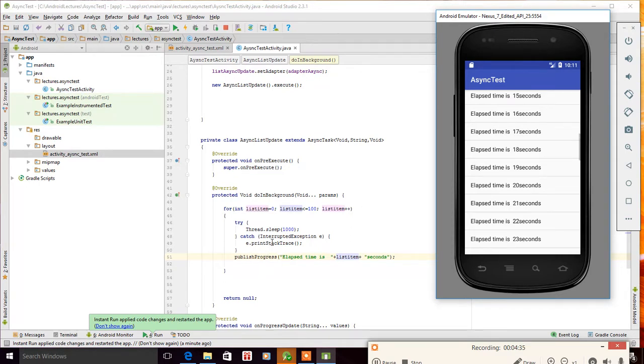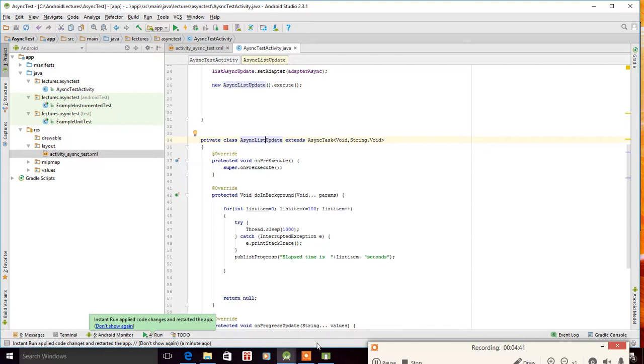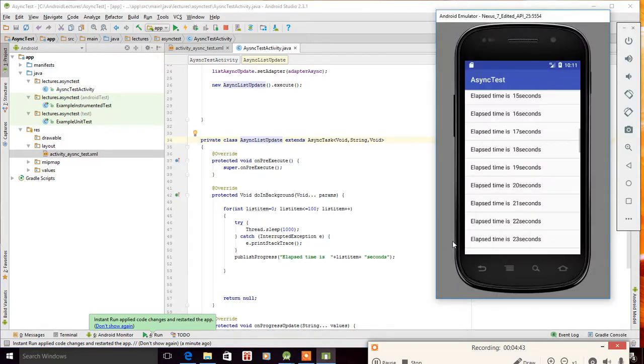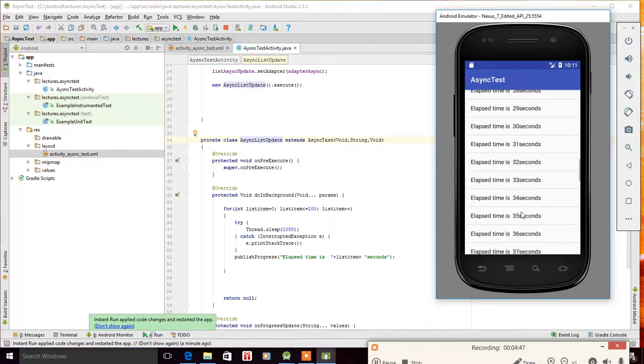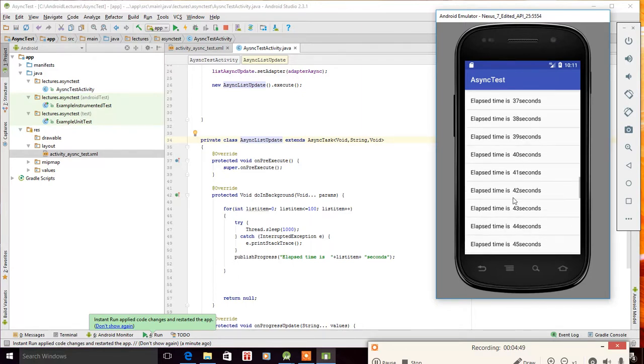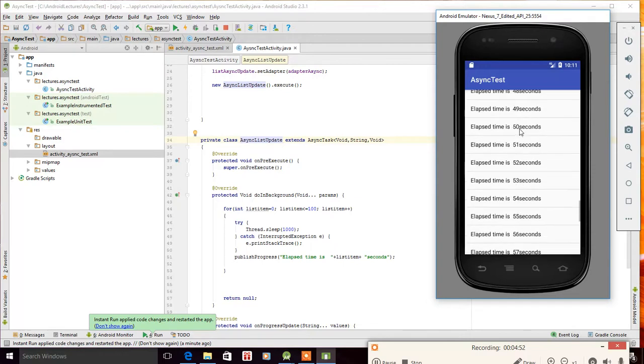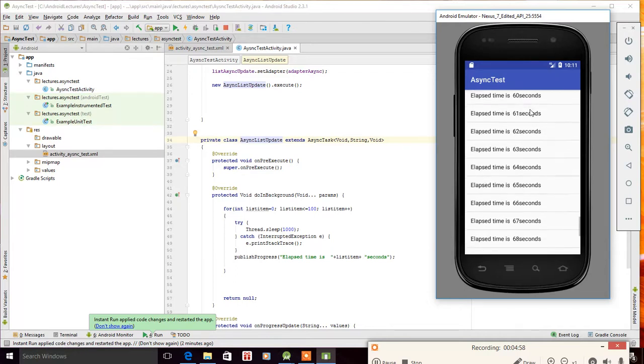So this is a very, very useful class, that is the asynchronous class provided by Android to do the task. You see, this is still going. 31, 36, 37, 41, 43. So it will print up to 100 seconds, and